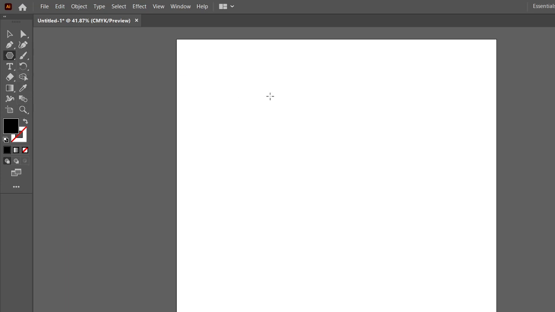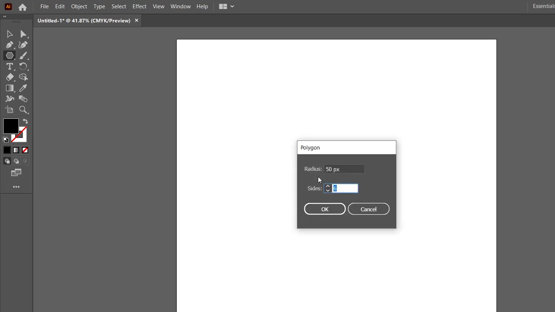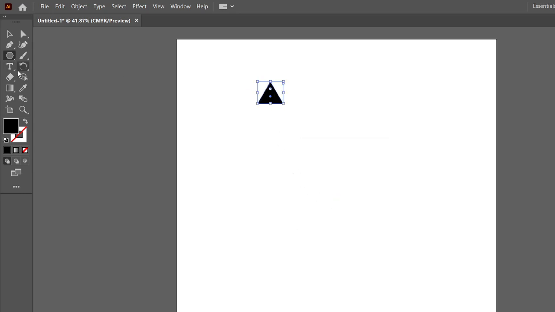If you click on the polygon tool and click just one more time, here you can define the radius and sides. So for polygon, if you want a triangle you can assume it as 3, if you want a decagon you can assume it as 10, and if you need an octagon you will define 8 here. Let me draw a triangle first which has 3 sides, and radius stands for the length of each side, which let me show you here. The radius was something like 50 pixels, and as soon as I click 3 it drew a triangle. Now let me move it around here.